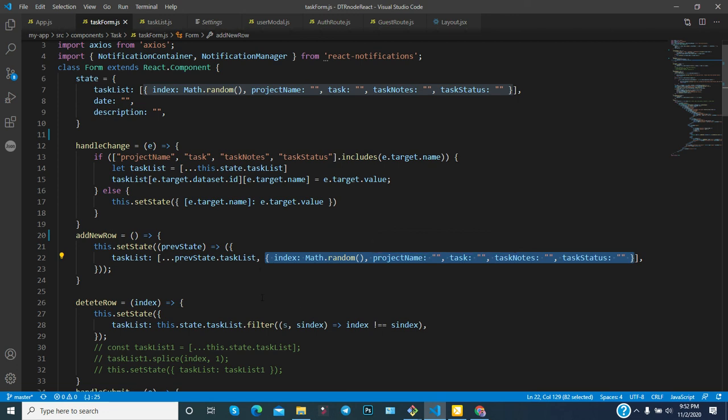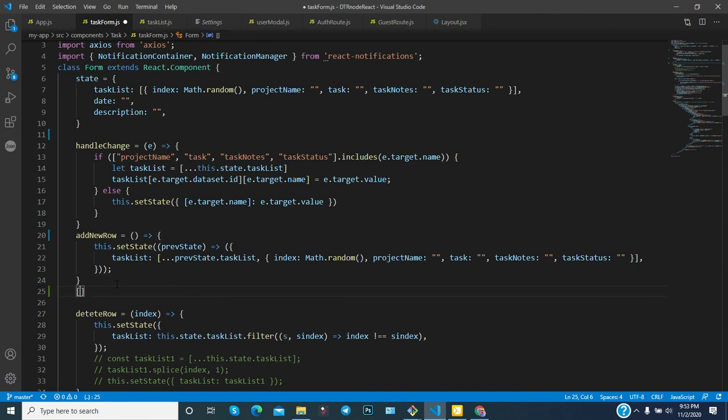You are adding this data as an object, so this is the array, and previously these are the data. Suppose previously 3 data items are already available, right? For example, this one, these data are already available. So what you did, you copied the previous data and added one more data, and that data is like this. You added this one.